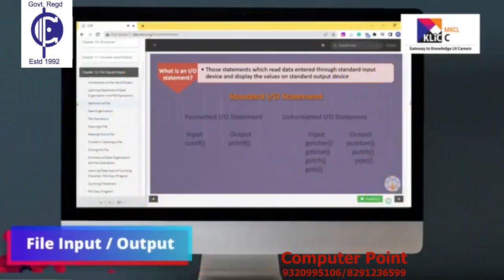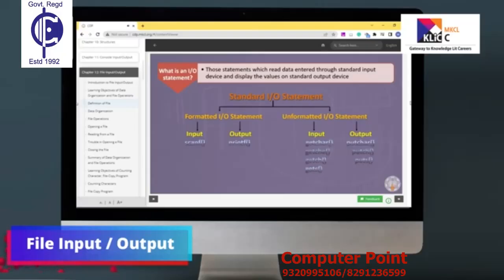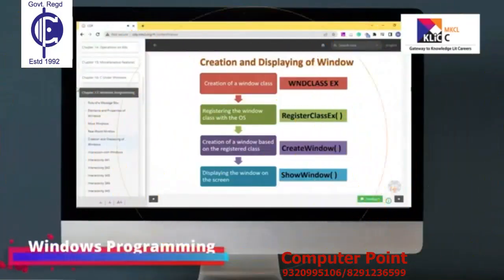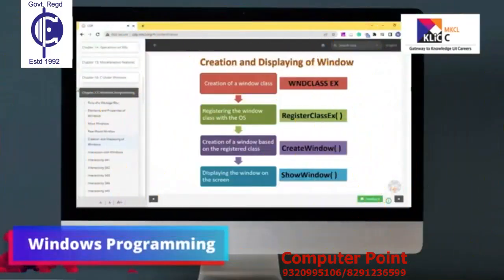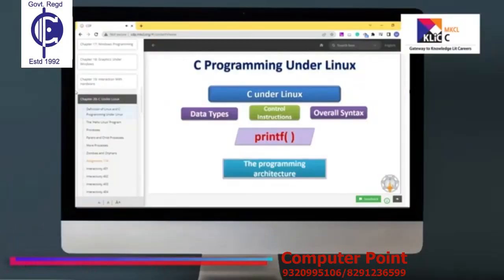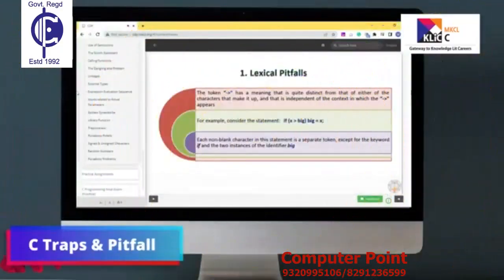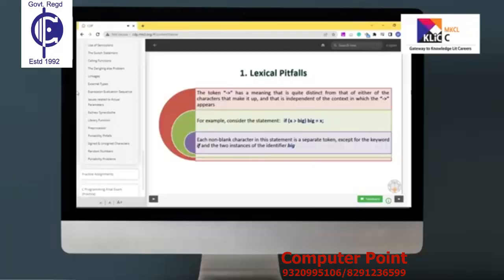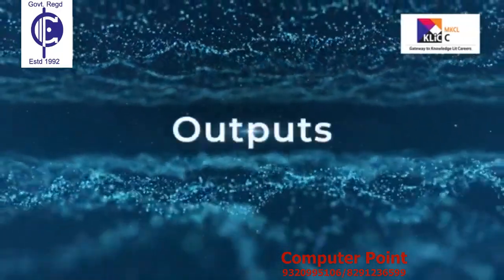file input-output, Windows programming, C programming under Linux, C traps and pitfalls, outputs,